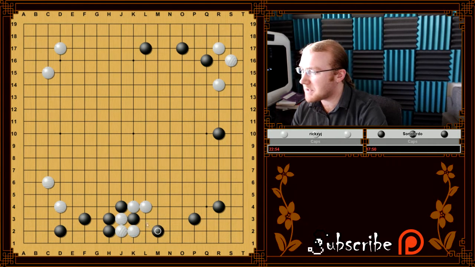Again, if he captures it, then I can play here to get rid of the eye. Another thing you can do is just attach on top here, but it has the same option. If I pull back, okay, so that's what he's going to do. So this will kill the eye, but I'm going to wait on that for now. And instead, I'm going to play